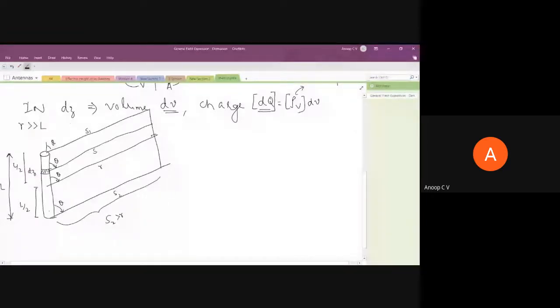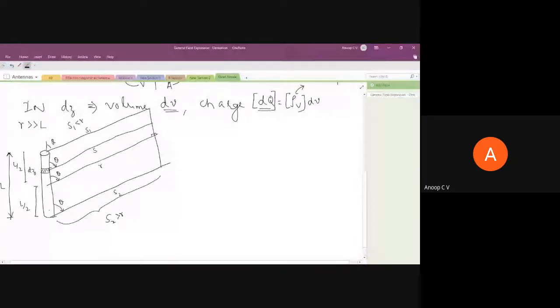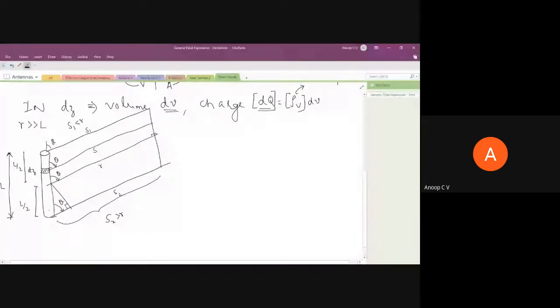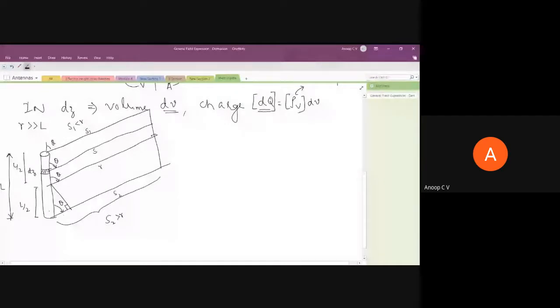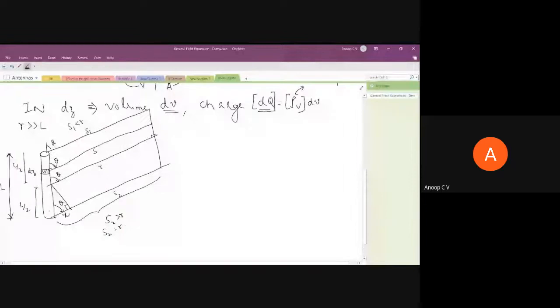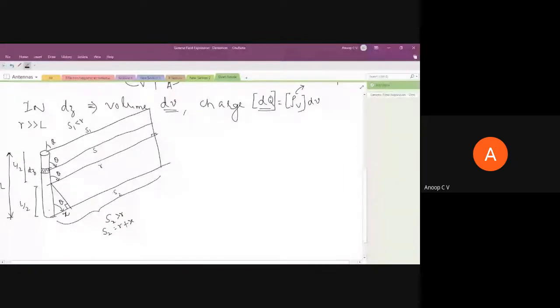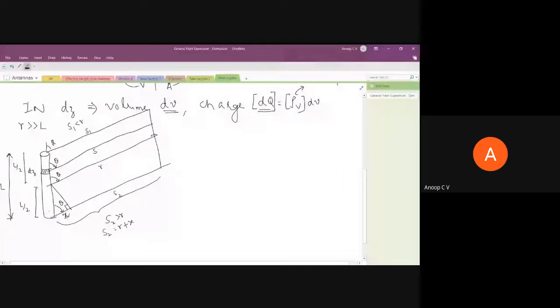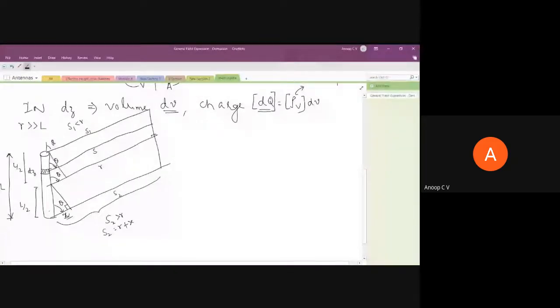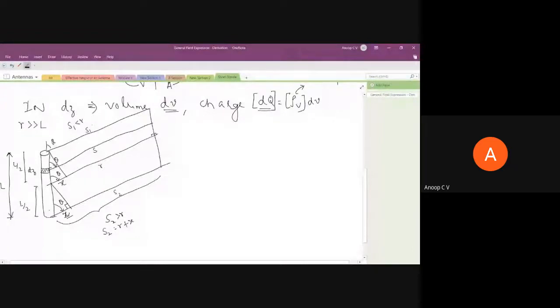So I need to find out what this difference is. That we'll find out later. But for that, what I can do is draw a right angle triangle like this. So if this is X, S2 can be written as R plus X. So S2 is X more compared to R, and similarly if this again will be X, S1 can be written as R minus X. So we have to find out what that is later.